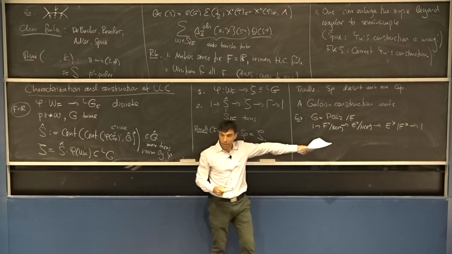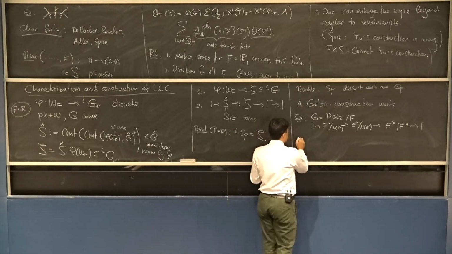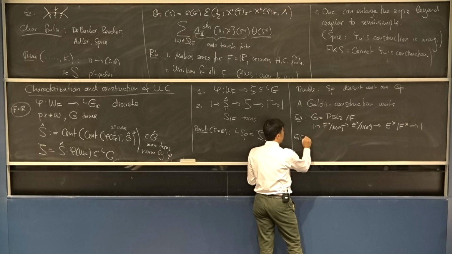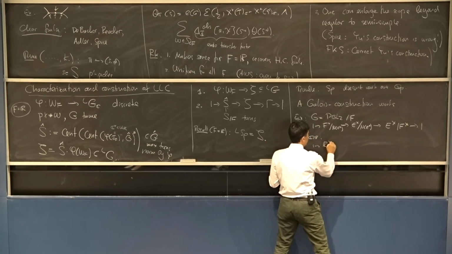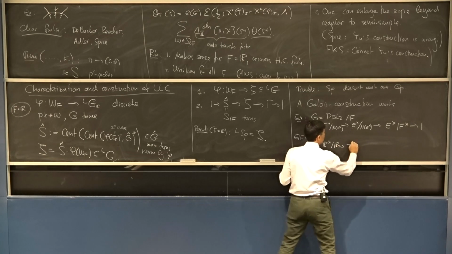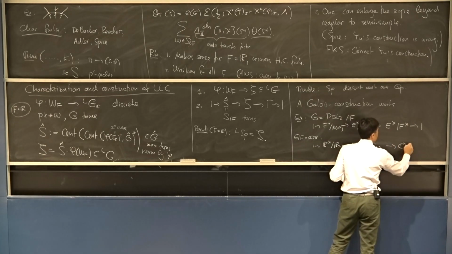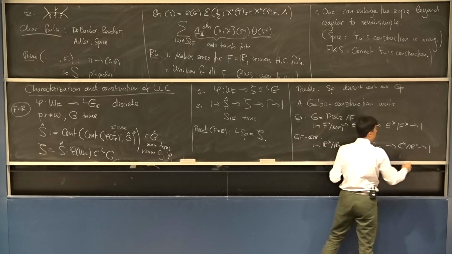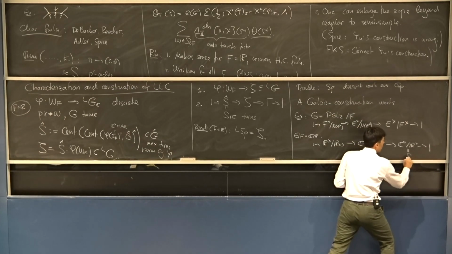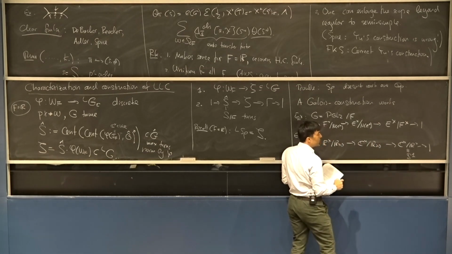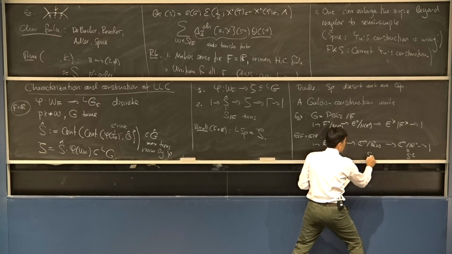So this is a double cover, but it's defined Galois theoretically. Now, let's think of what happens when E over F is C over R. Well, then what you have is R cross over R positive, and then C cross over R positive, and then C cross over R cross. But in here you have the circle. When you embed the circle into C cross, this is just the circle. And you can embed the circle into C cross here.